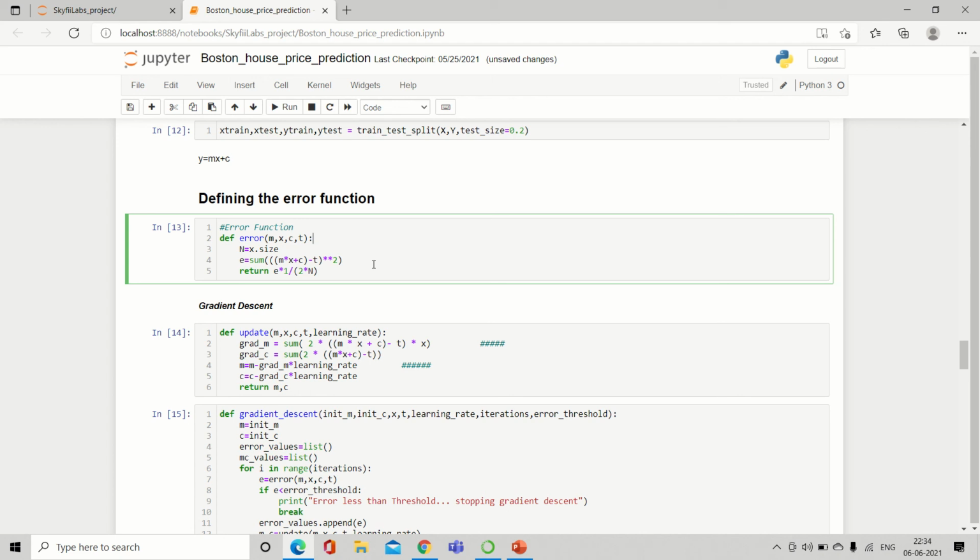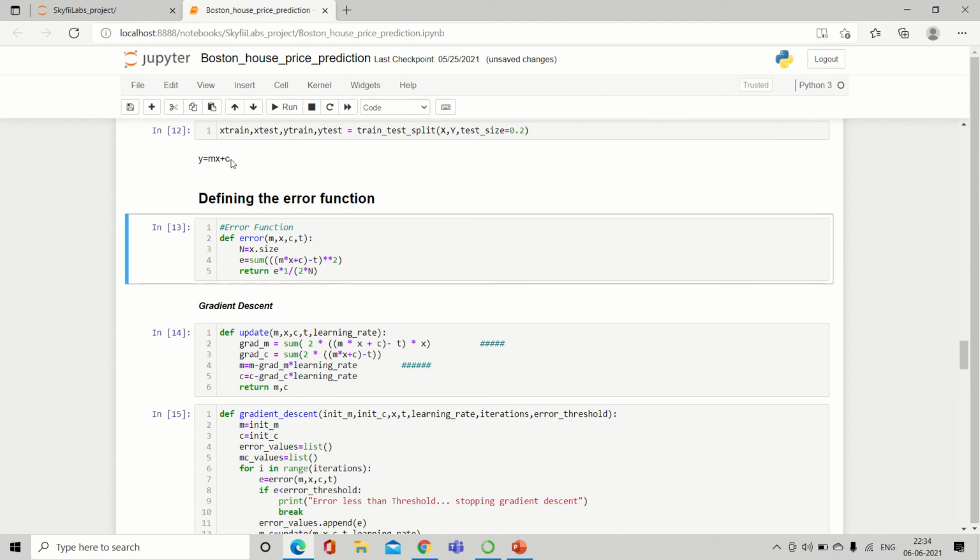We also have other error functions like mean absolute error, cross entropy loss. So what we usually do in mean squared error is we find the predicted value.